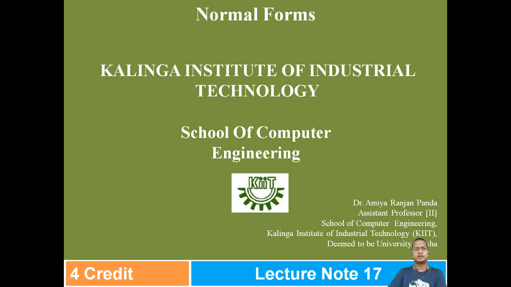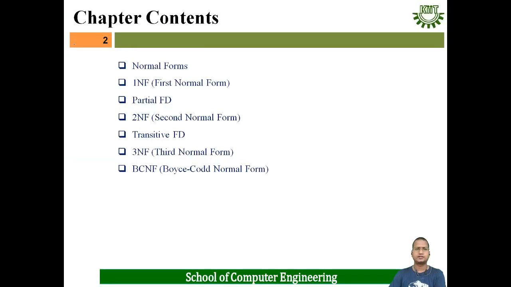Today we'll discuss normal form. Already I have told you there are various kinds of normal form. First we will see what is the significance of normal form. In the last class also I told you about the significance of normal form. Generally the degree of redundancy of the relation is known from this normal form, and there are various kinds of normal form. In this chapter we will see 1NF, 2NF, 3NF and BCNF.